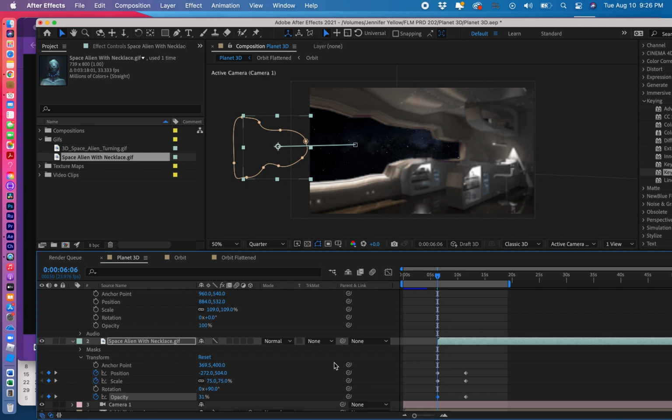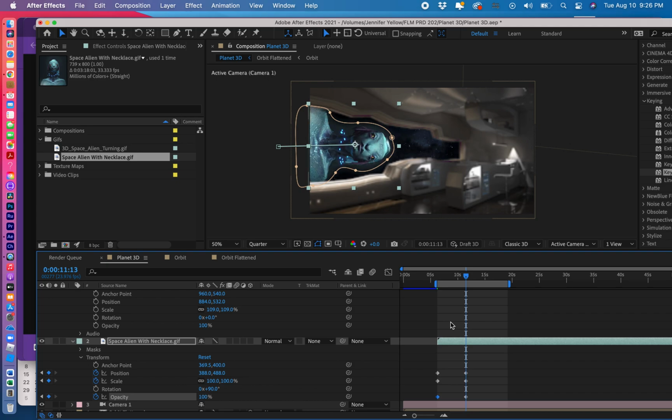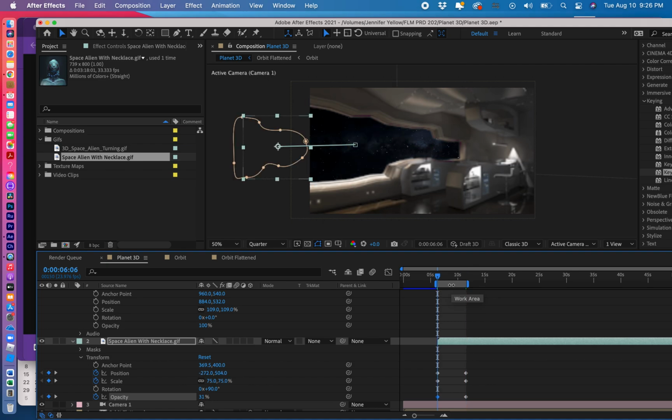All right, so I'm going to set my work area here to start here so that I don't have to waste time at this keyframe right here. So I hit B for beginning, move my playhead to the last keyframe, and hit N for end. And let's snap back to the last keyframe again, J, and let's see what we've got now. So as you can see, it's already at like 31, the opacity's already come up a little bit,